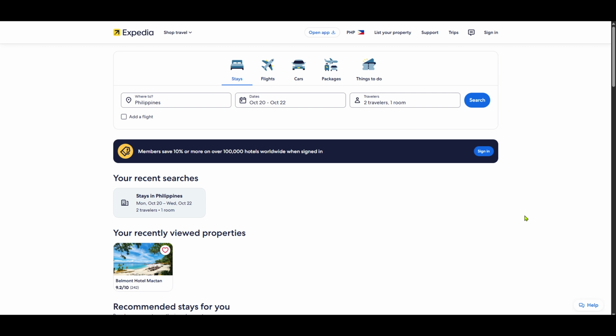First, open up your preferred web browser and navigate to Expedia Philippines. You can do this by typing Expedia Philippines in your browser's search bar or directly entering the URL. Once the website loads, take a moment to familiarize yourself with the homepage. It's designed to provide you with easy access to everything from vacation homes to car rentals and flights, among other